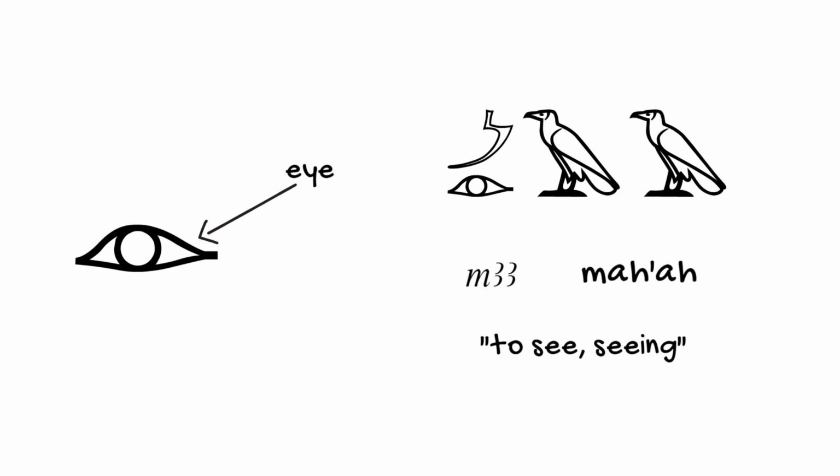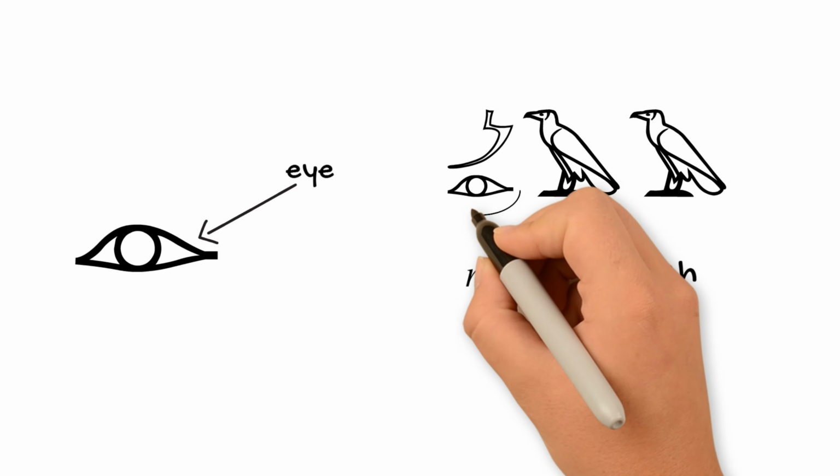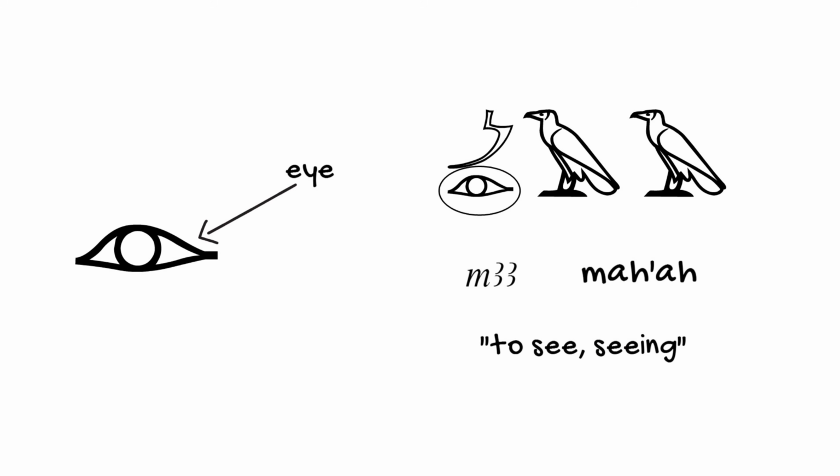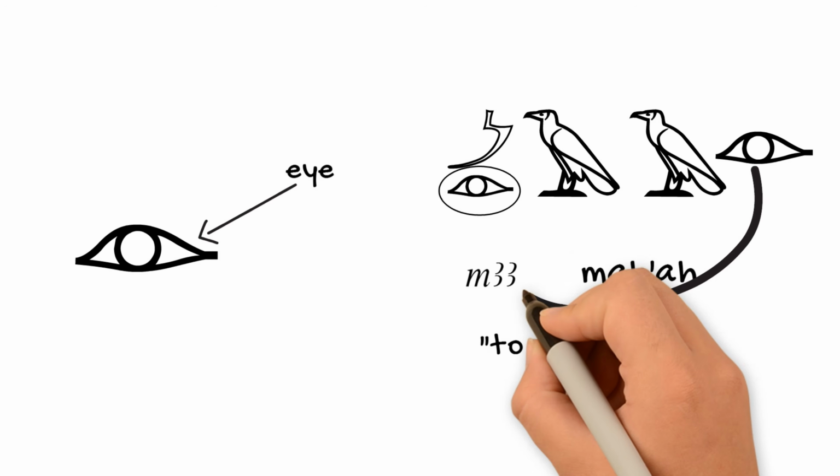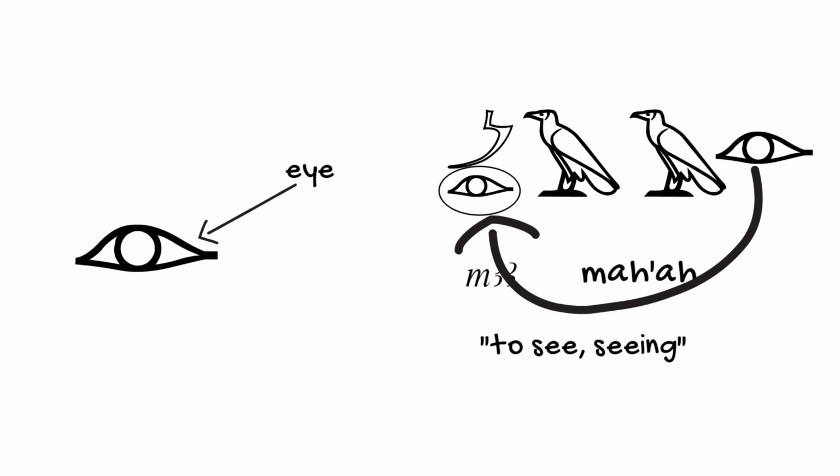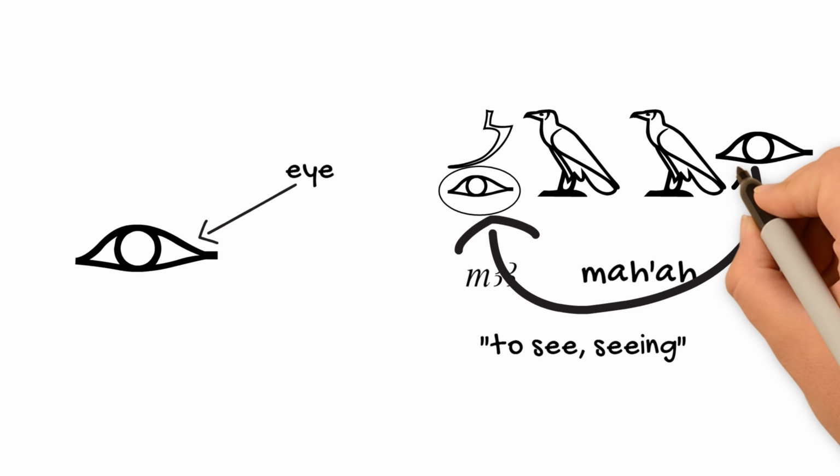So this hieroglyph is in fact used as a determinative in some words that relate to these concepts, such as the word to see, or ma'a. Although it does show up in an unusual spot here, we would expect a determinative at the end of the word. It shows up earlier in the word here simply because it fits a lot better there. If it were at the end, it would have a lot of awkward empty space around it.